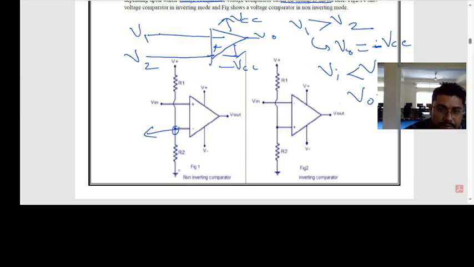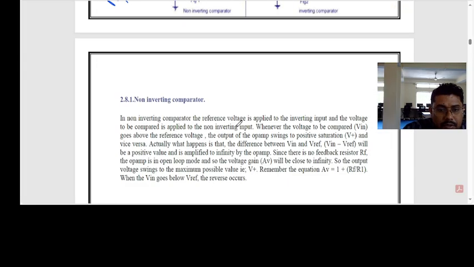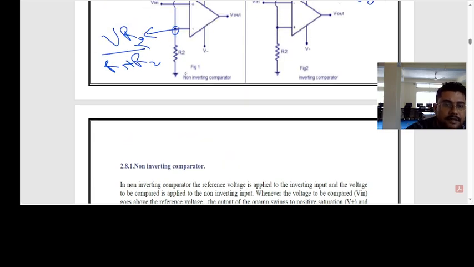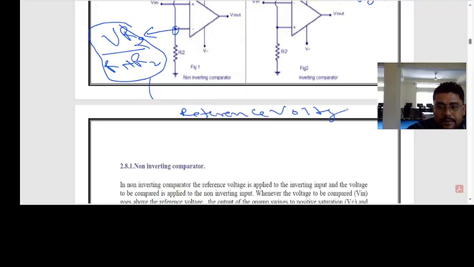Suppose that is the reference voltage. So here this voltage is equal to V divided by R1 plus R2, into R2. This is fixed, and based on this the input is also applied here. So the concept behind this is that in the inverting comparator the reference voltage is applied. This is called the reference voltage, the reference voltage applied to this circuit, and that voltage we will apply here.